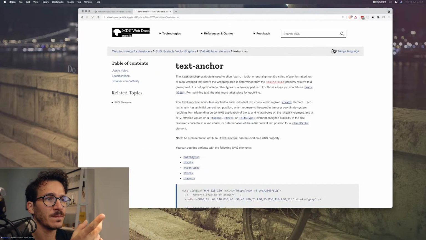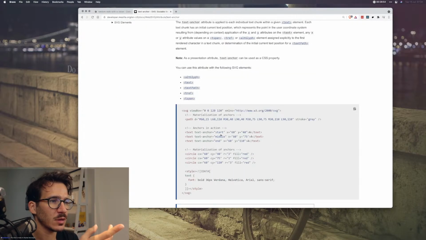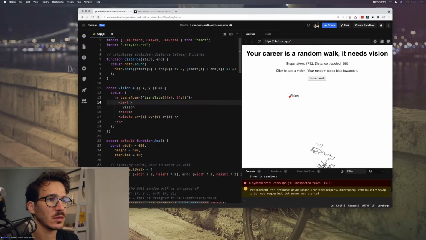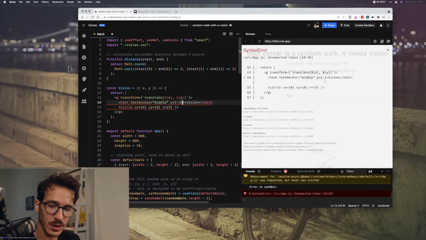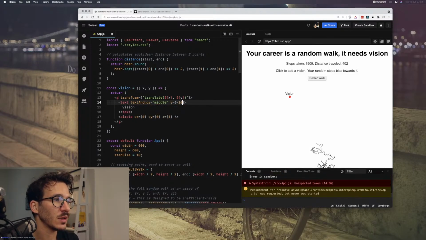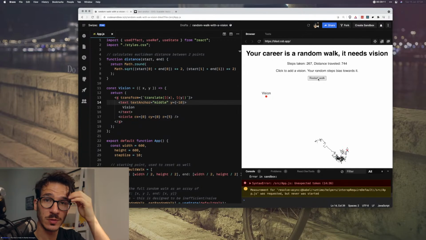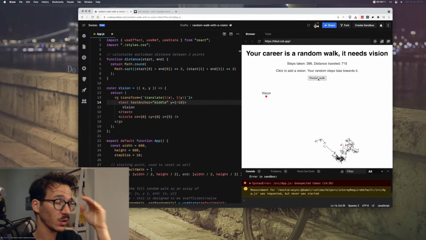Text anchor middle. So if we say textAnchor equals middle, that should work. Cool. So text anchor is middle, and then we say y is -10, and we have that. Okay. So the vision is going to be the focus point for our random walk.